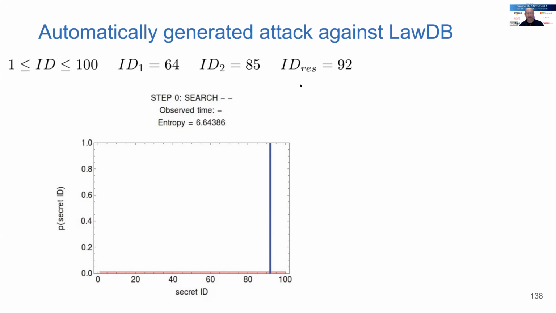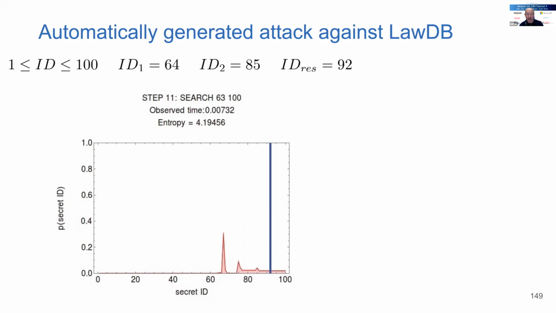There are also some inputs at 64 and 85. So it does a search, it does certain queries, and it updates its observation about the secret. You see the probability distribution being updated by the attacker about what the secret is. There is some noise, so it actually gains some wrong information. Currently it thinks it's between 65 and 75 or something, which is actually wrong, but it does repeated queries and eliminates those wrong assumptions.